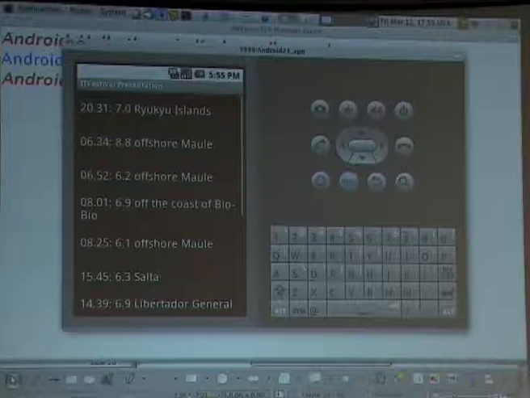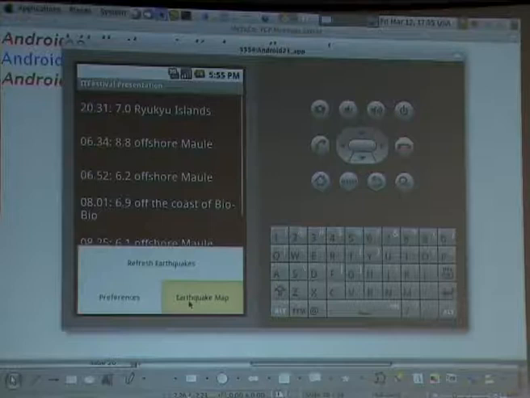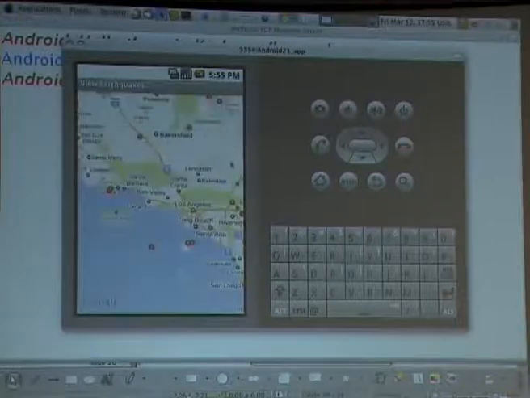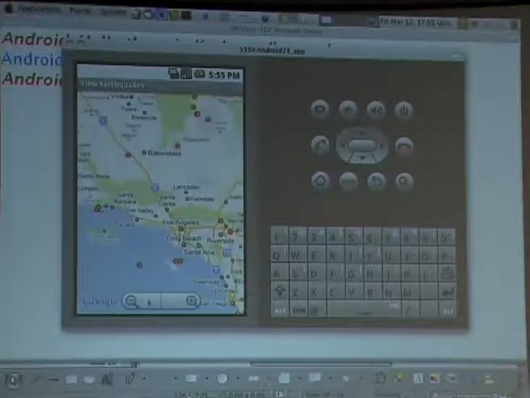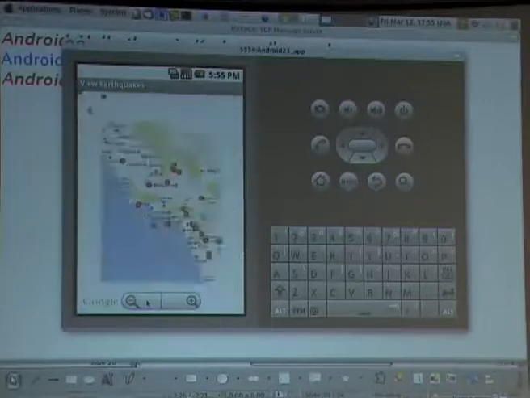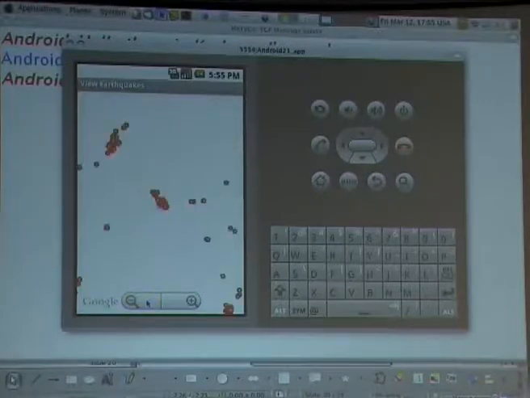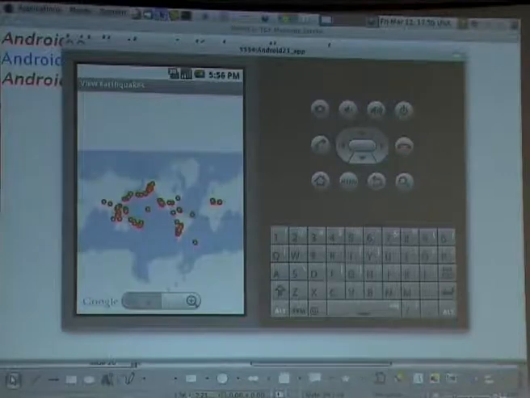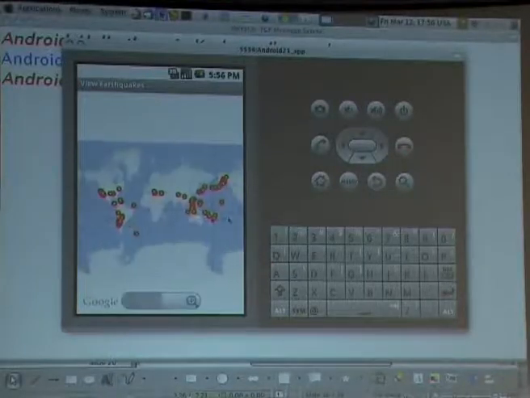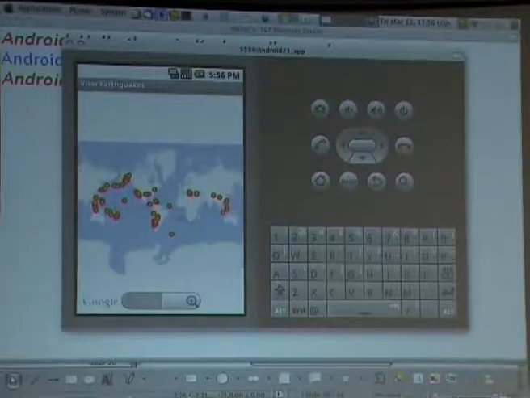Okay. And I want to see all earthquakes on a map. And if I go to the map, I will see it's really around the world, and it's like this. And I'm using now the Google information. So this is all earthquakes around the world. Oh, it's amazing. Right, it's completely around.